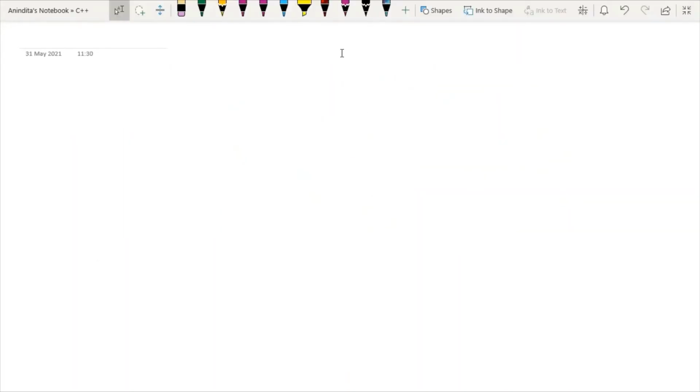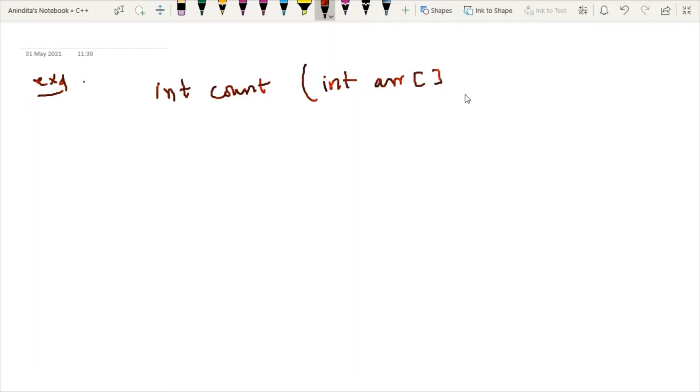So now consider another example, example 4. Say I have one function where I have an array parameter and a size parameter, so basically two parameters, and one variable sum which is initialized to 0, and one variable i, and I'm using one loop.